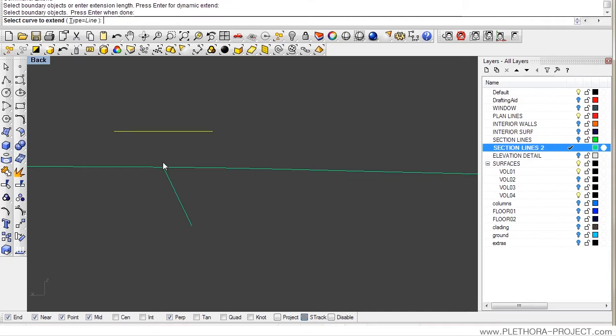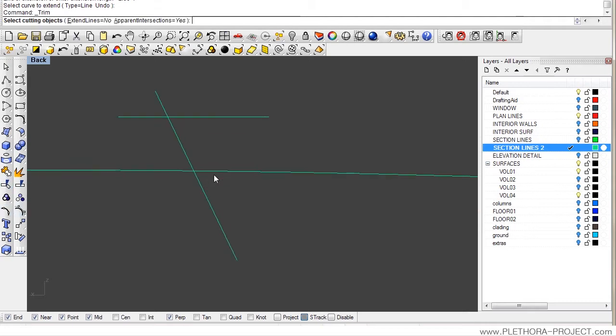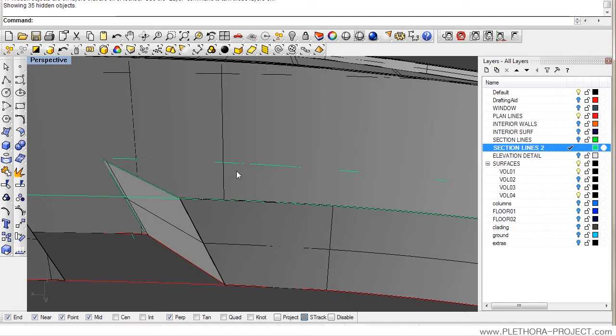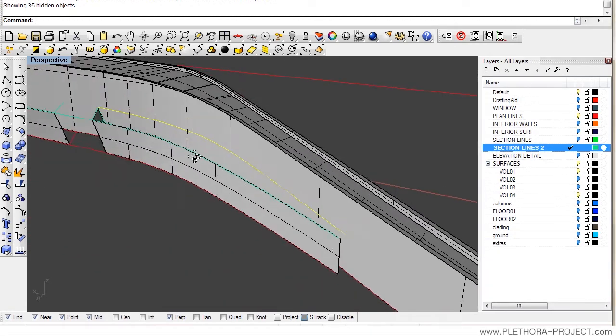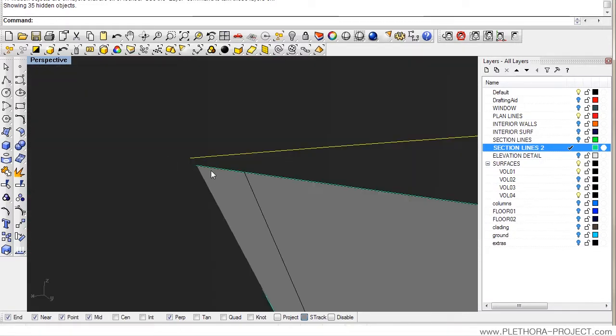Extend, select the boundary, right click. In this case, because they're not parallel, we need to project the line, select cutting objects, so that's perfect. So we see that now we have this curve, that it's on the surface and it's trimmed exactly to our,